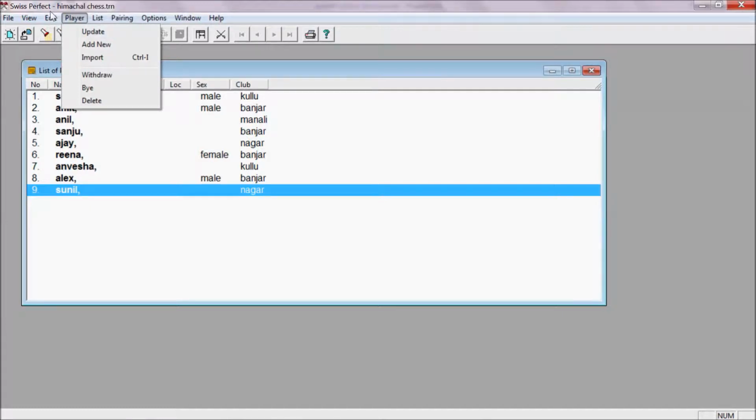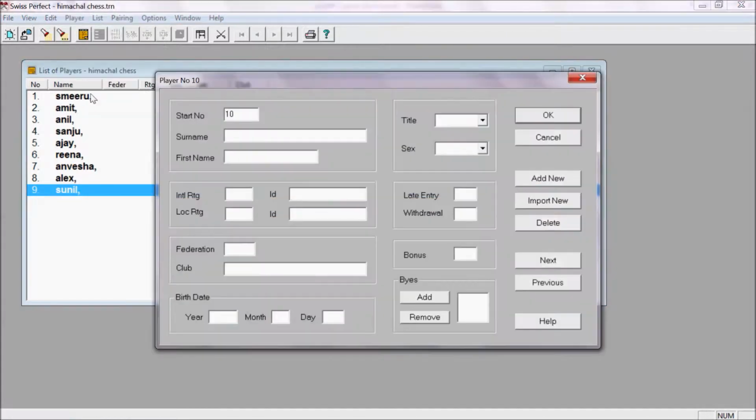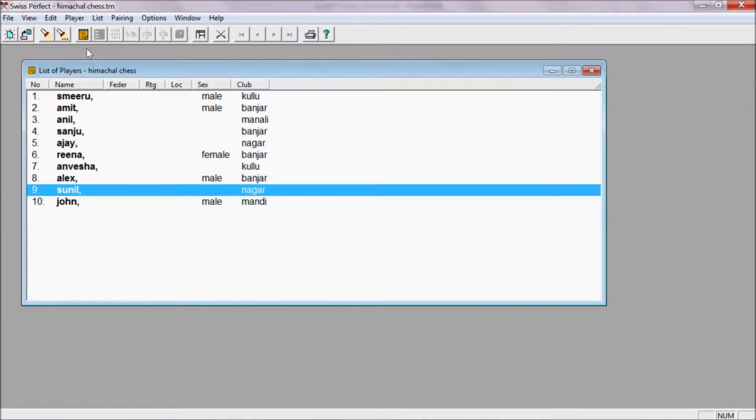So you can actually add that new player here. For example, a new player John comes, who is from Mandi Club, and says that I also want to play. So you can add that player from this option.